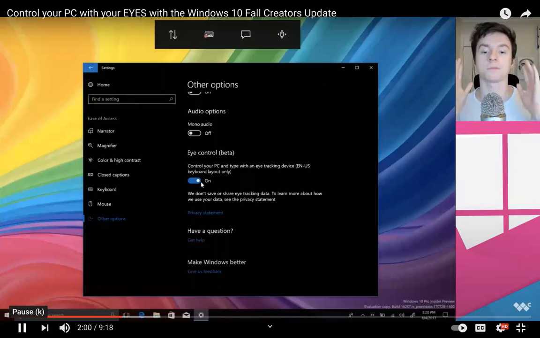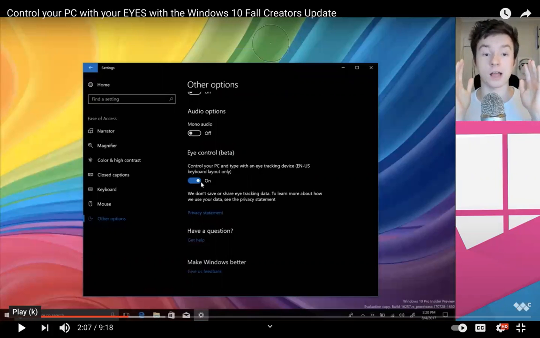So what I'm going to do, I'm going to raise my hands here on the webcam so you can see my hands are in the frame, and I'm going to look at the mouse cursor up here. And now